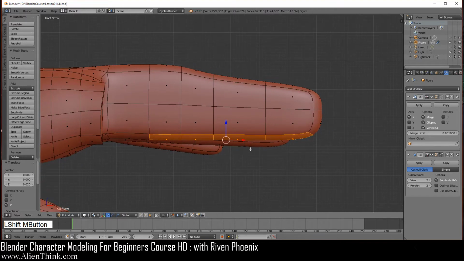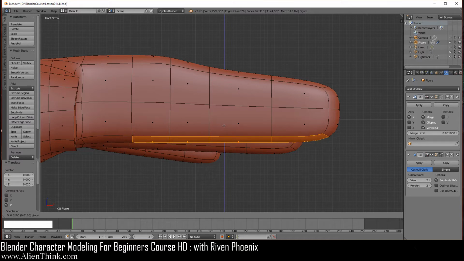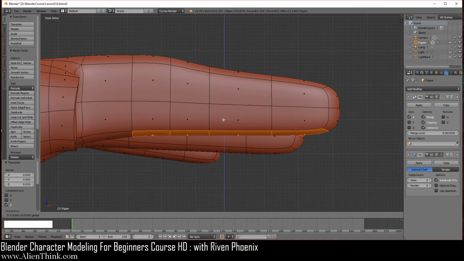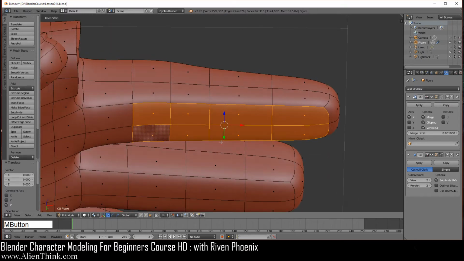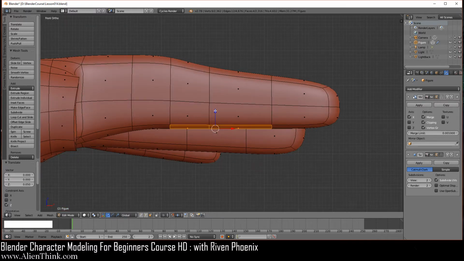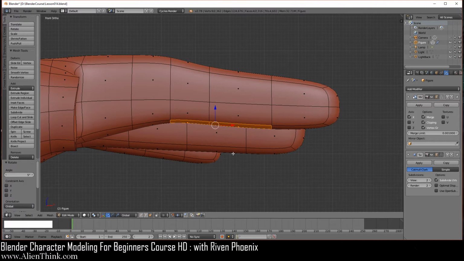Go to your front view over here. Now you're going to bring this up 5 times. You're going to do 1, 2, 3, 4, and then 5. Then go underneath with the middle mouse button, rotate, shift key down and deselect these two guys. Go to your front view. You're going to bring it up 1 time over here. Then press the R key to rotate, and then rotate it like this, 1 nudge to the right like this, and left click to confirm.